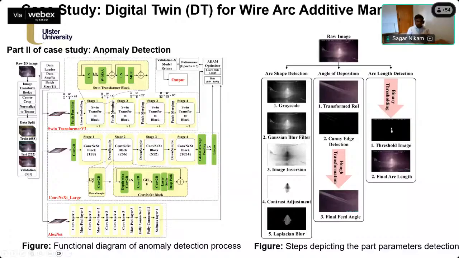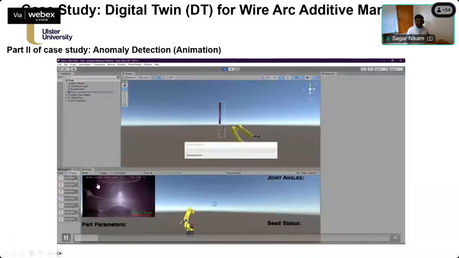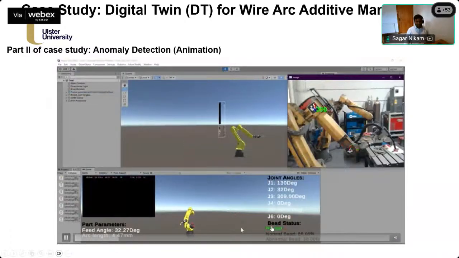But this is some of the old study, where we can capture the defects and integrate that with the software as well. For example, let me run that video on how the anomalies are detected. In the inset, that's the vision-based camera that captures the deposition process throughout its length.